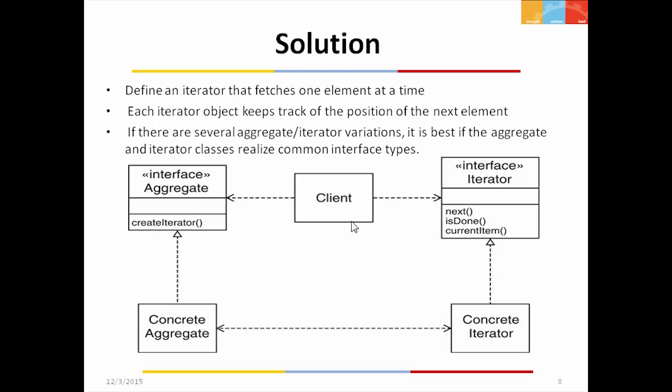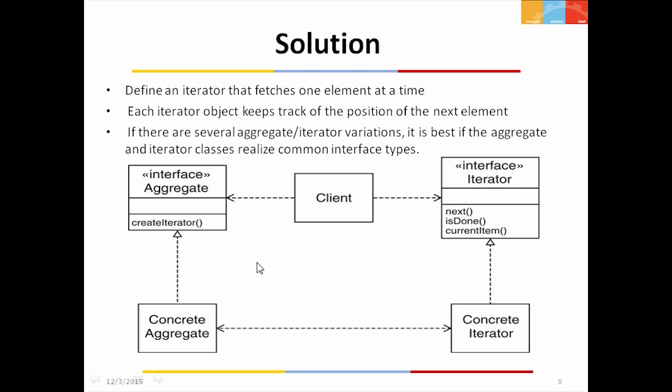So what I'm trying to say is that if there are several aggregates or iterator variations, it would be best if the aggregate classes and iterator classes realize a common interface. These common interfaces in this example are this one, aggregate, and this one. So there could be multiple concrete aggregates here, there could be multiple concrete iterators here,